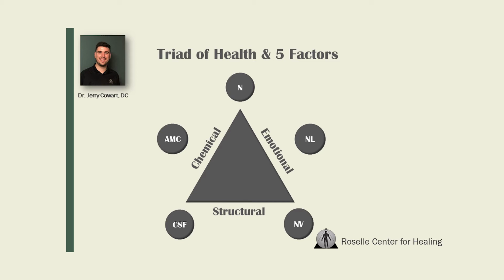And so those are the triad of health, and we see that the triad of health can be affected, if you will, by 5 main factors. If you look at the top, the N means nerve. This is mainly where chiropractors lie. Your nervous system controls everything in your body. You've got your central nervous system being your brain and your spinal cord, and then you've got nerves that branch off of that to your peripheral nervous system, so things going into your arms, your legs, different organ systems, things of that nature. If your nervous system isn't firing properly, you'll have a breakdown with anything else in the body.